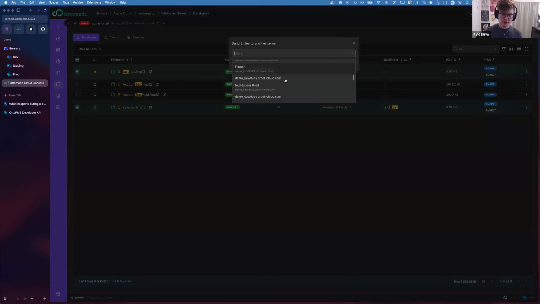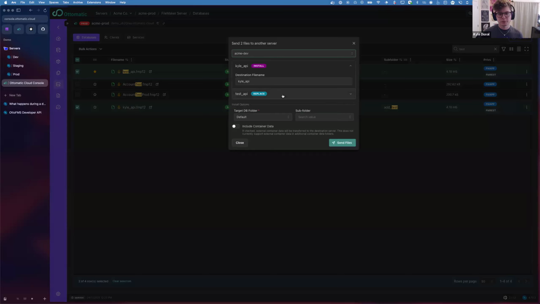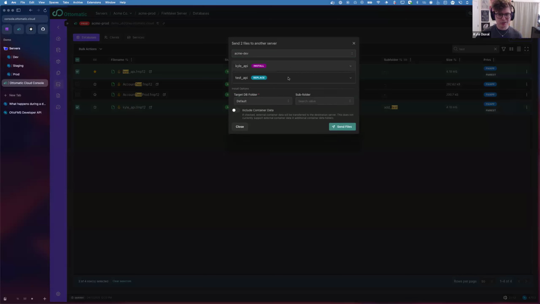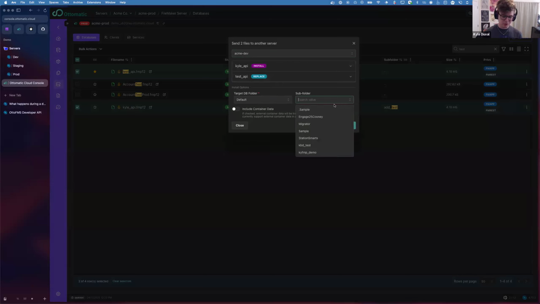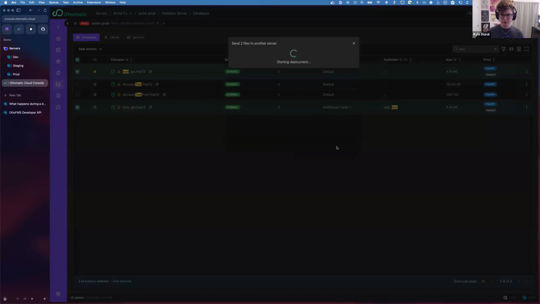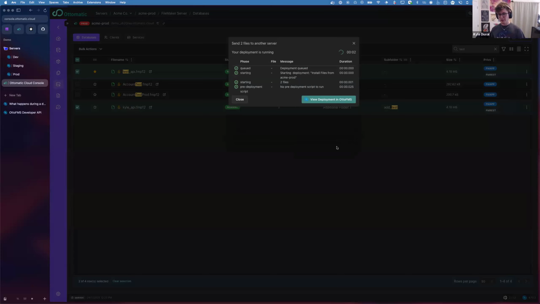Let's put them in, oh gosh, my demo names. Let's put them on Acme Dev. This will give me the option to change the file names on the way, which I don't really want to. And let's put them in a new folder called FMDiSC. And we'll include the container data. Send. So this creates a deployment for me, creates a build for me,